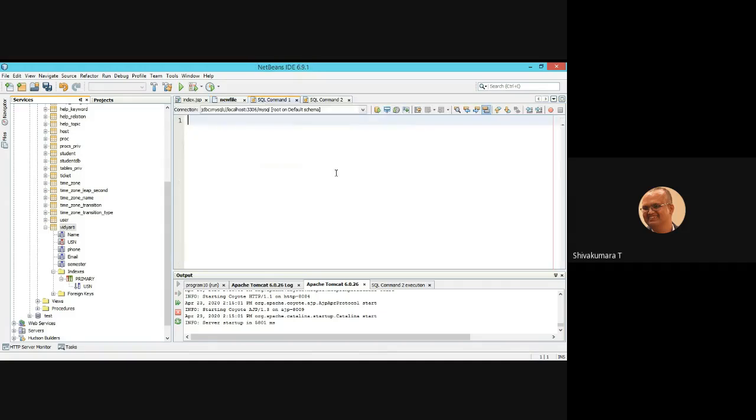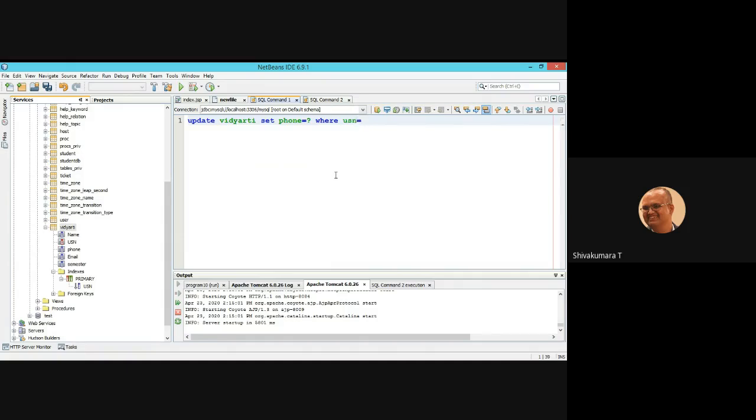So what is the command? Update Vidyarthi set. Which value you want to modify? Let us modify the contact number, phone number. I don't know the value, so for unknown values, question mark is used. Set phone number equal to new value, where the condition is based on USN.